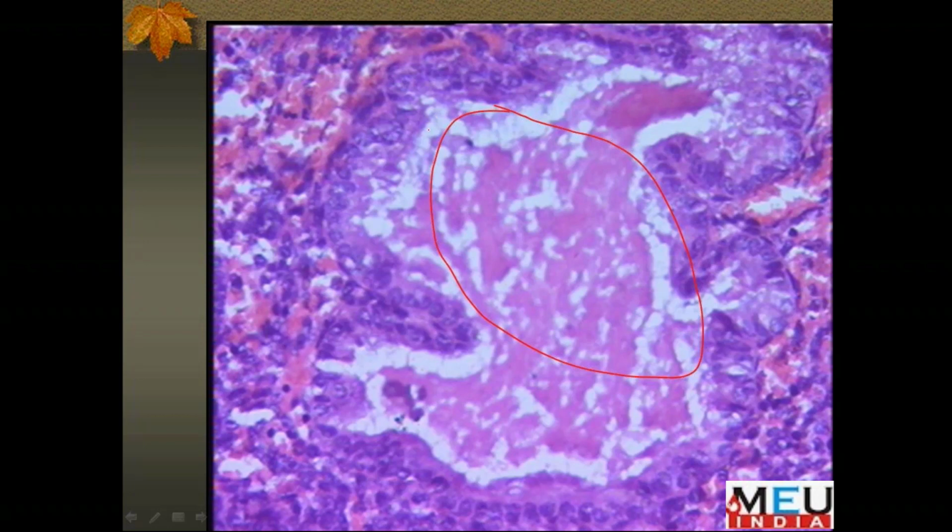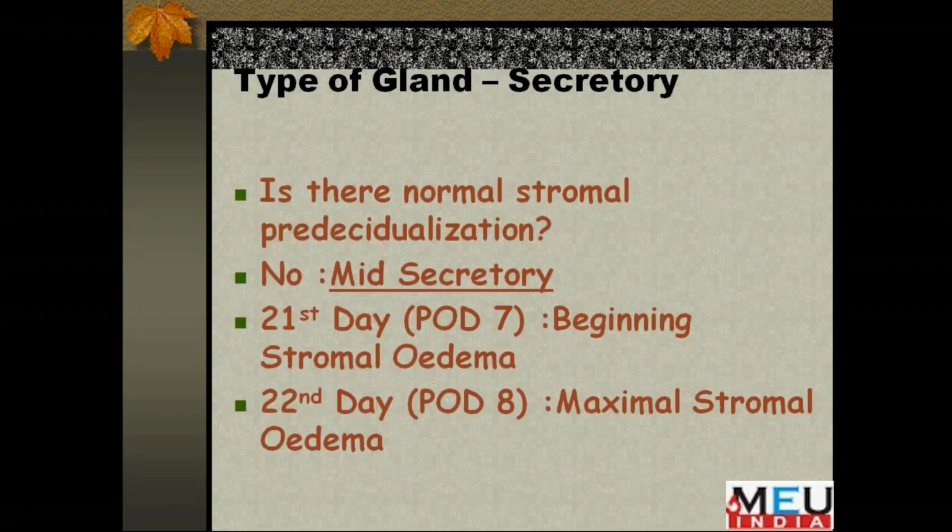See, this is the blood vessel with its cuff. The edema has started appearing. Blood vessel with cuff, and the cellularity of the stroma increases, and by the 26th day, or 12th post-ovulatory day,